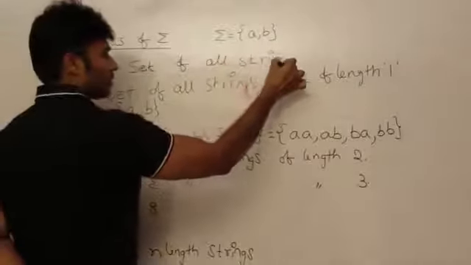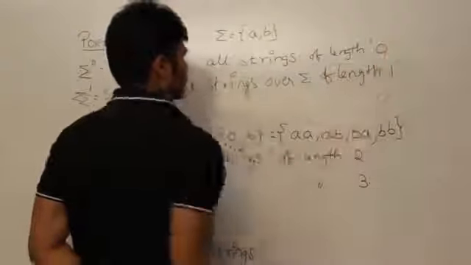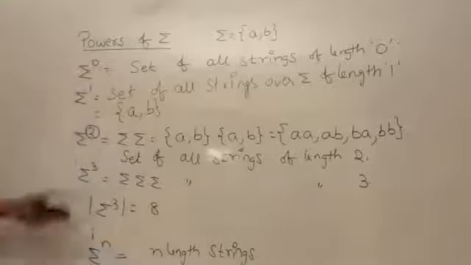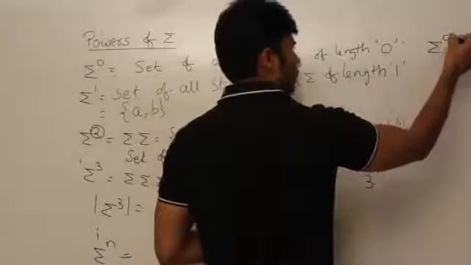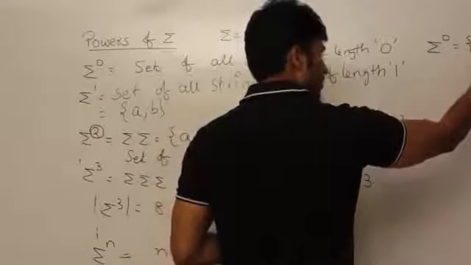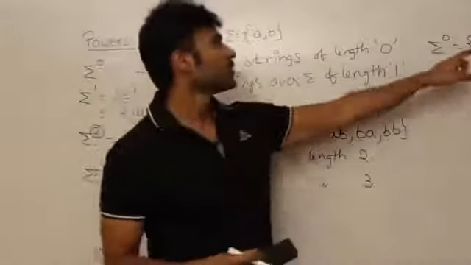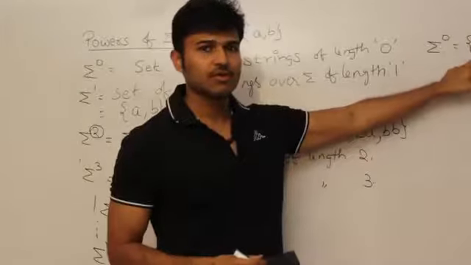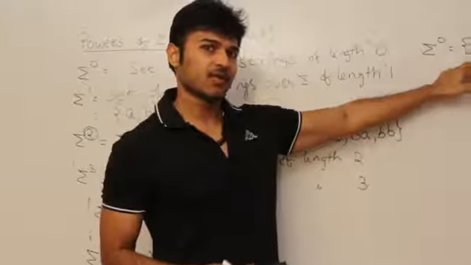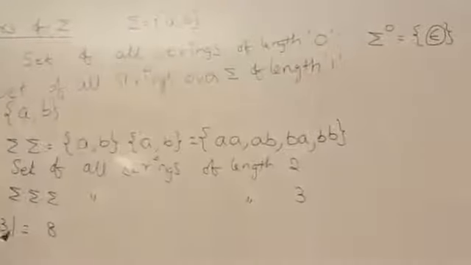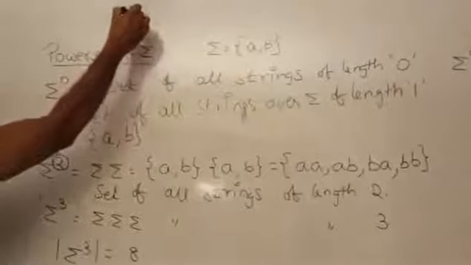Set of all strings of length 0. So the smallest string, which is of length 0, is sigma power 0. It contains a special symbol called epsilon. So it is also called a null string, and I'm going to use this symbol, epsilon, to represent a string of length 0. This one is a special symbol of length 0. So just remember that epsilon is a special symbol of length 0, and I can even write it like this: